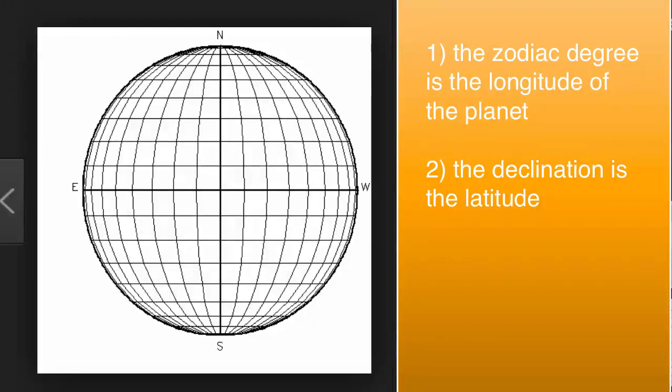Think in terms of latitude and longitude. If we look at a picture of our planet and we want to find a particular city or a place on that planet, we're going to find it as if plotting on a graph. We're going to look at the north to south longitudinal lines and line them up with the east to west latitude lines and come up with a particular point. This is the exact same thing that we do in astrology. The longitudinal lines represent the degree of the zodiac, and the latitude lines represent the declination, north or south of